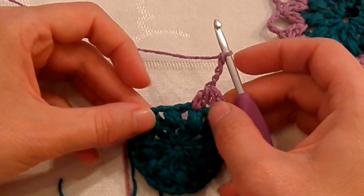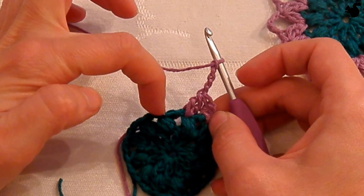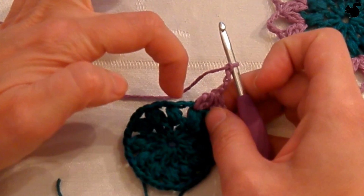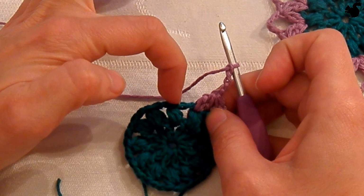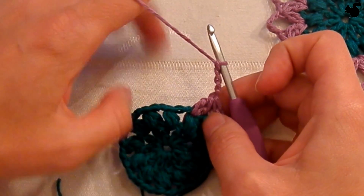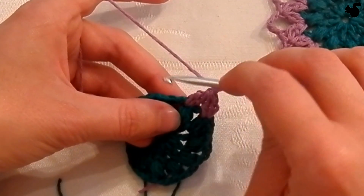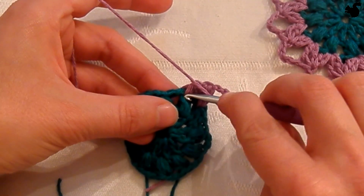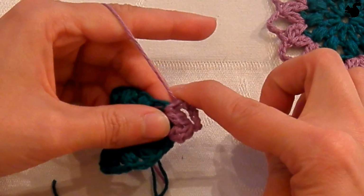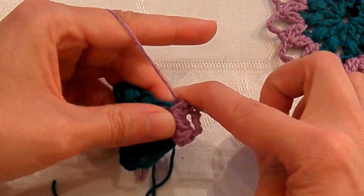We're now again going to be working a treble, but this time a 4 together, and 2 legs are going to be in this puff stitch and 2 legs are going to be in the next puff stitch. Do note that the way the puff stitch is made, you see here this stitch belongs to the chain space and the next one is from the puff stitch. So do take note of this. The next one is treble 4 together. First 2 going to start here where we just finished. We're going to start with the first 2 legs of the treble 4 together. So that's 1 and 2,